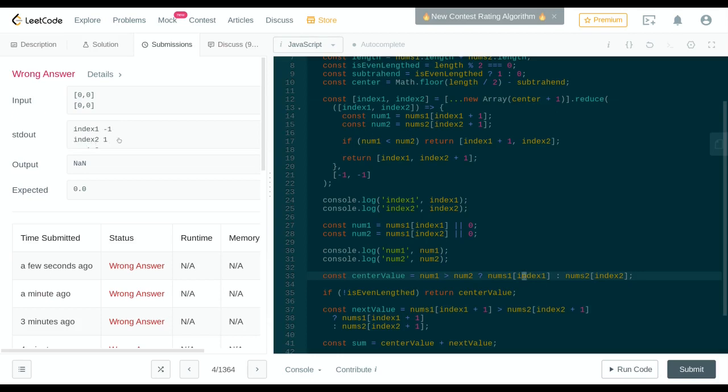When they're less than, we walk index 1. But if index 1 and index 2 hold the same value, if they're equivalent arrays, then we choose to walk index 1 here. Wait. No. Right. We choose to walk index 2 if they're the same because num1 is not strictly less than num2. So what that means